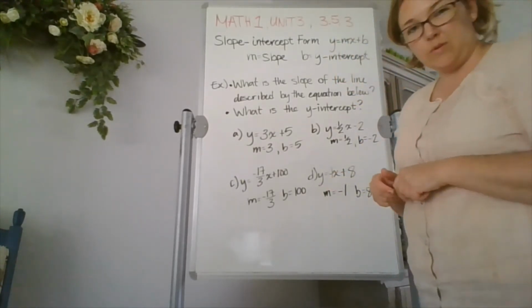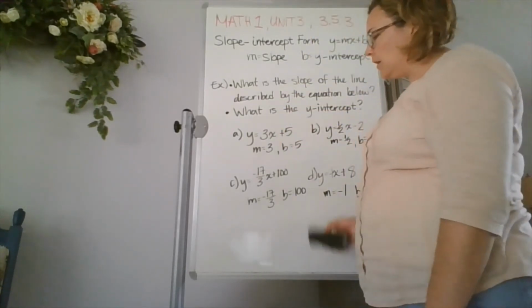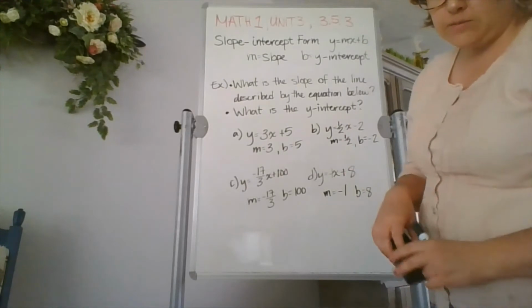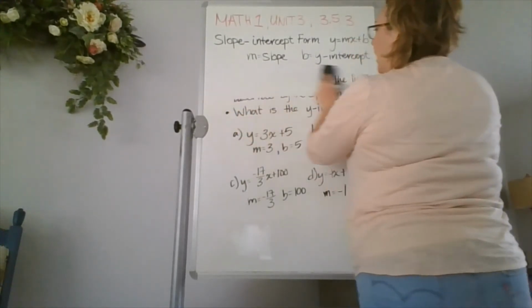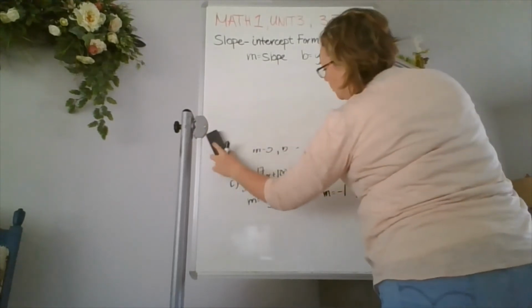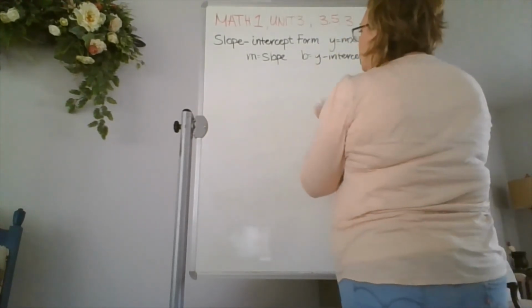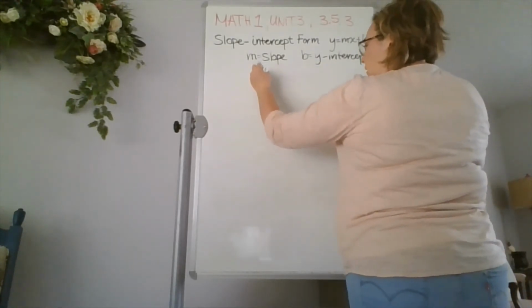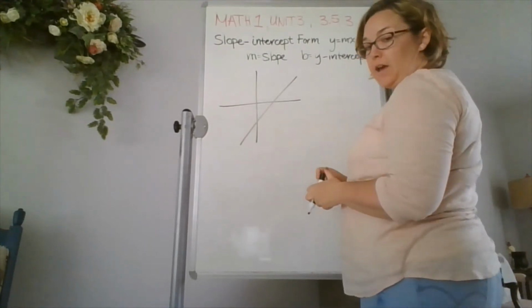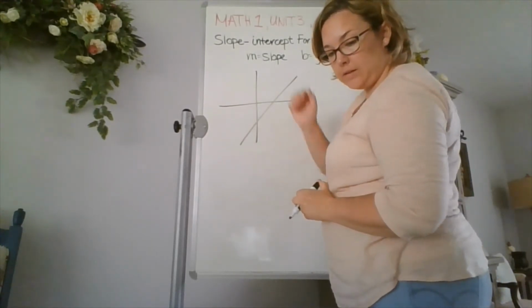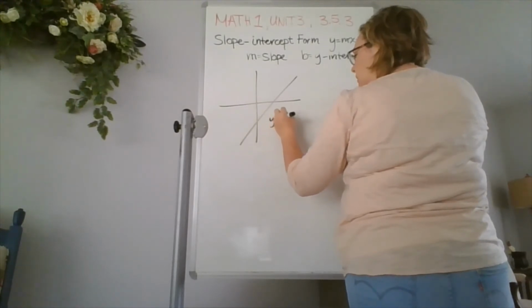Again, this should all be review for you. Hopefully, it is ringing a bell. Okay, so let's try some different examples. If we are given the graph of a line, you will have quite a few of these. So we are given the graph of a line, something like that. And we are told on this graph that our y-intercept